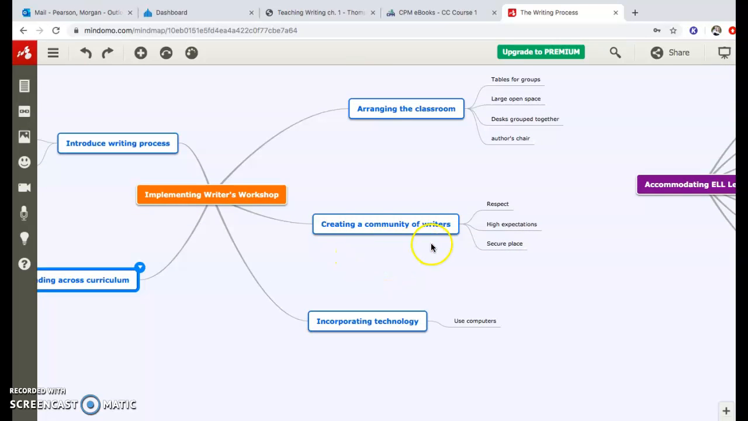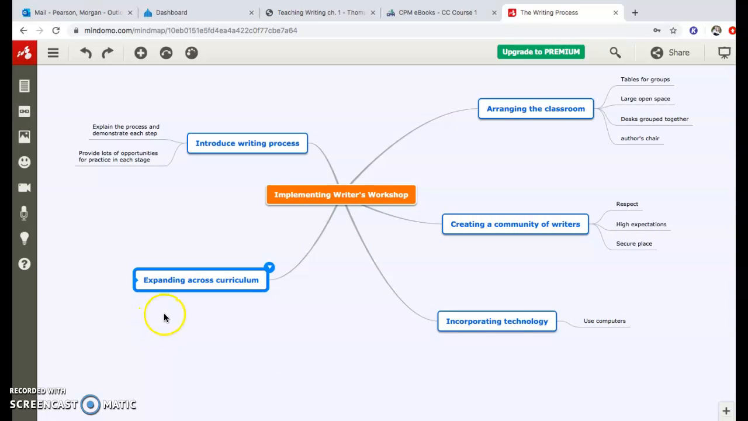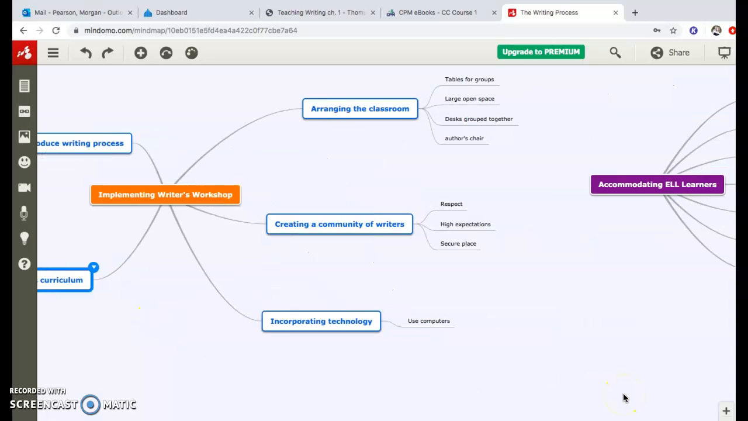Creating a community of writers. So it's just important to show or to establish respect, high expectations, and make it a secure place so that the students are comfortable sharing their work with everybody. Incorporating technology, using computers and things like that, and then expanding across curriculum. And then my last